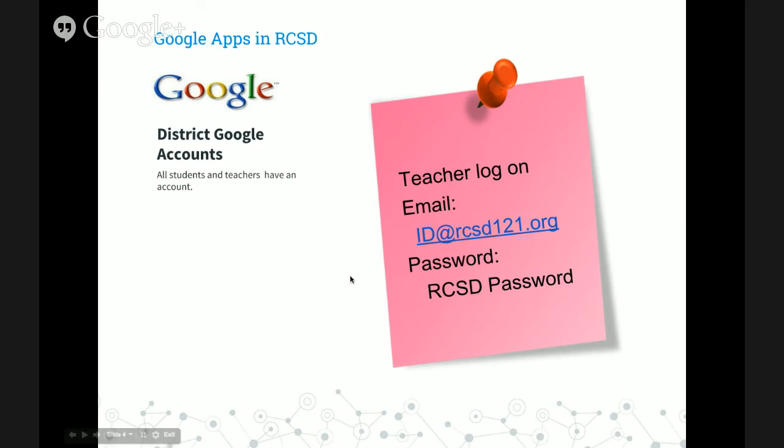When your password changes and you change it on a district PC, then it will automatically change your Google account. So the passwords are tied. Always change it on the district PC, and it will change the Google account.